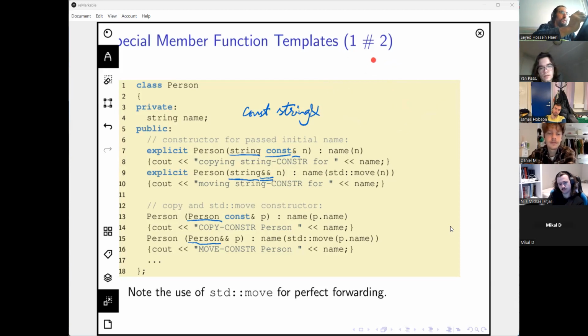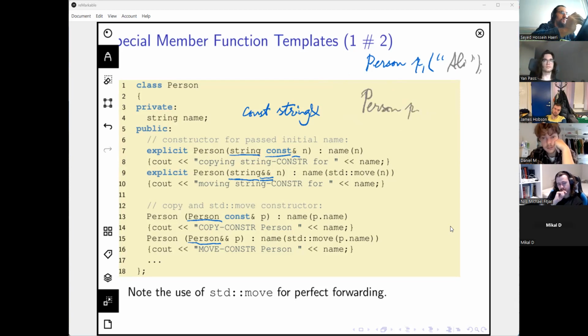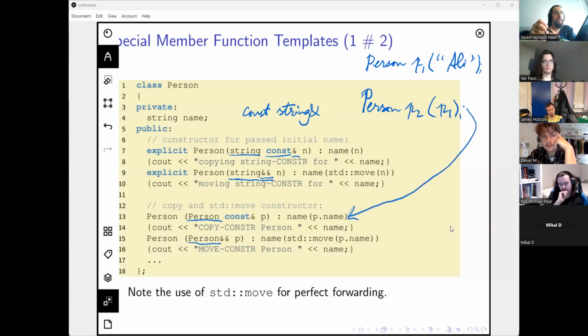So let's say that I have a person P1 of, let's say, Ali, and then I do a person P2 of P1, then the intention is that in the instantiation of P2, this constructor would be called.